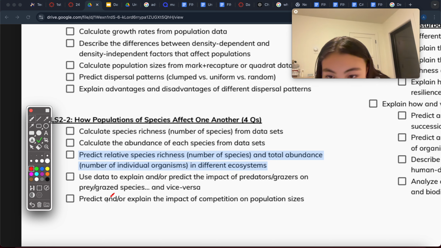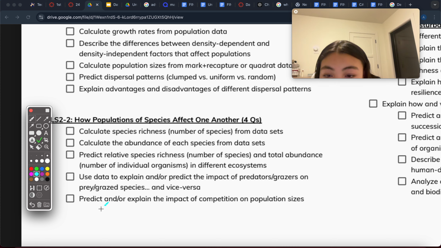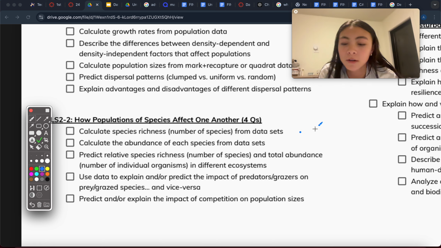Okay. Use data to explain and/or predict the impact of... Did I just do that? I just did that. Okay. Predict and/or explain the impact of competition on population sizes. Okay. Impact of competition. So when it comes down to competition, that's just different